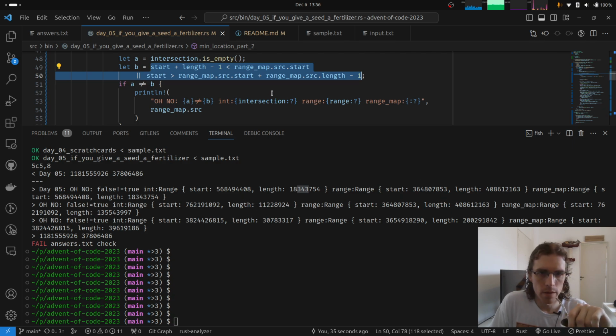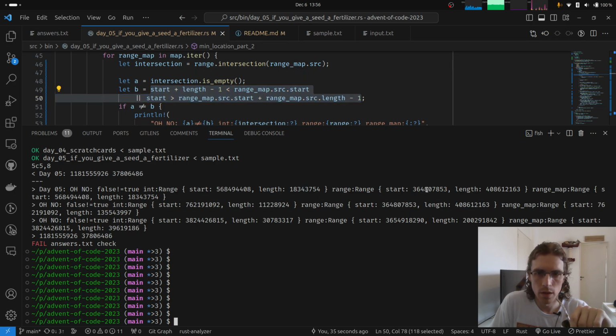So we were doing intersection between range and these, so this thing starts at 364 million. These numbers are horrible. And the other one starts at 500 million, which is a lot longer, but they should overlap, right? Because the length is 400 million, and if I'm not mistaken, 300 million plus 400 million, well, we'll touch this for sure. And the length of this is a bit short, 18 million. So maybe this range ends